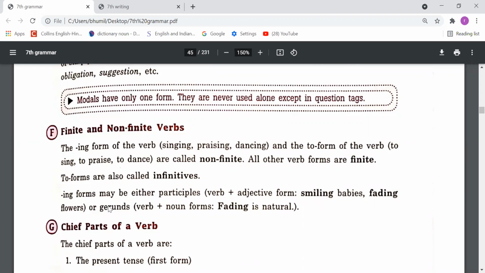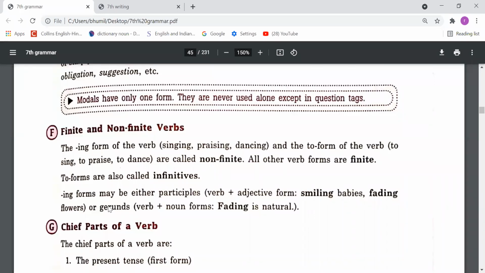In the first sentence, I said "I want." In the second sentence, I said "he wants," W-A-N-T-S. But if I change the tense, "I wanted to drink water." So you will notice that the verb "want" has been changed in those three sentences, but the verb "drink" did not change.